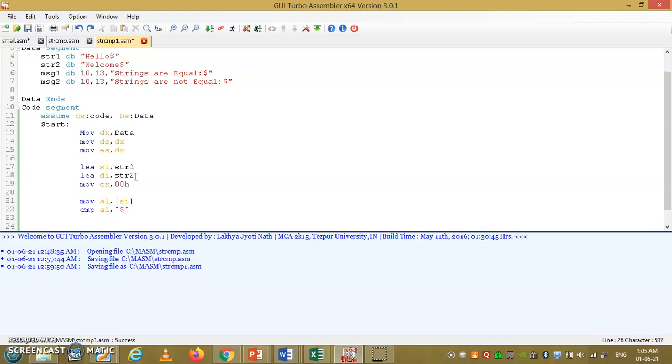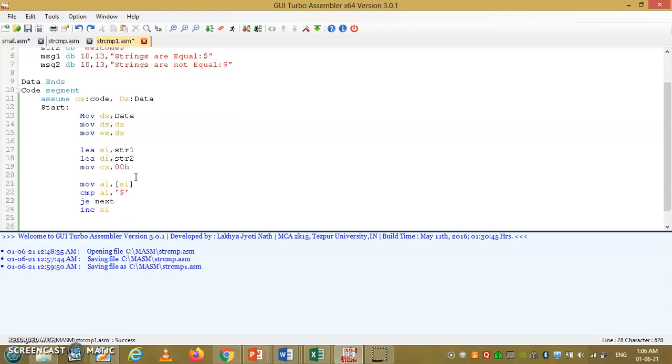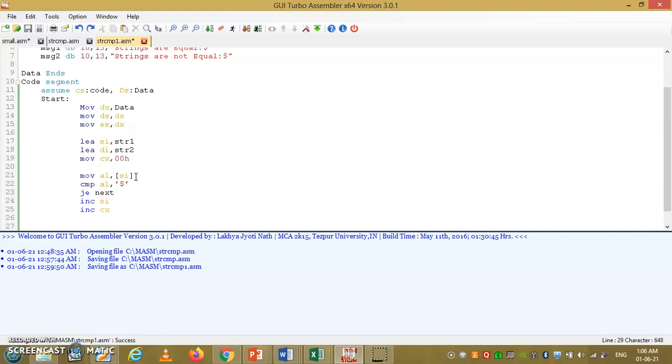Until the dollar comes, we are going to compare all the characters and also increment the length of the string in CX. So here in the comparison, if the contents of AL is dollar, then we'll stop and go to the next step. Otherwise we'll increment SI to point to the next character and increment CX for counting the length, and directly